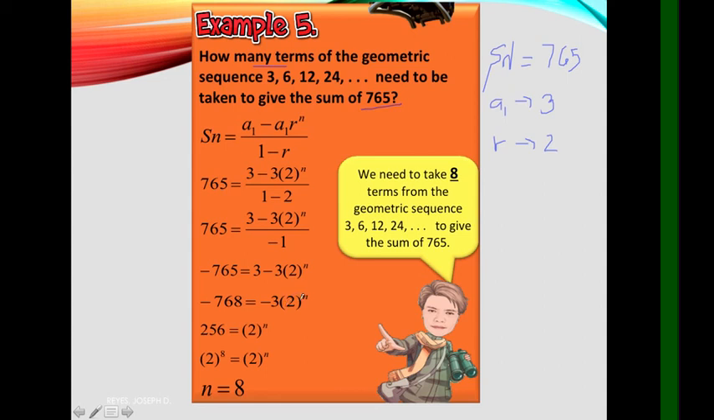quantity 2 raised to n, and then divide both sides by negative 3. Diba? Both sides by negative 3. Kailangan ma-divide yan. Mapakita natin na na-divide sila. Ayan. And then, i-cancel natin to because they have the same sign. It will become positive. And then, 768 divided by 3 is 256 equals, cancel this, ang matitira, 2 raised to